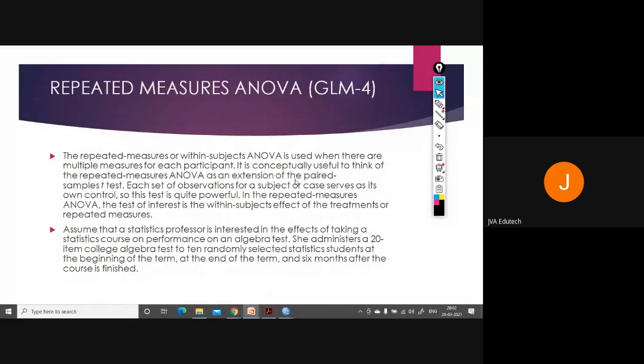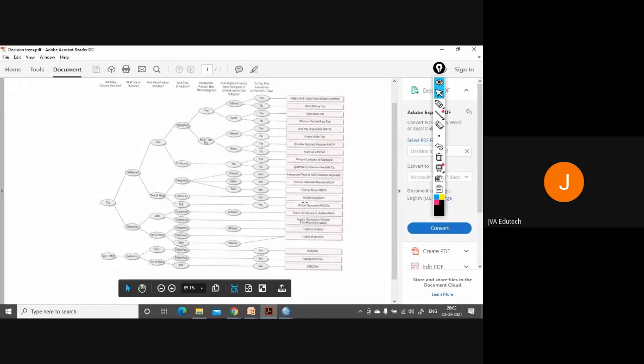Now, GLM4, repeated measures ANOVA. So if we see this chart, when we go for the repeated measures ANOVA, if you have one outcome variable continuous in nature, and one predictor variable which is categorical in nature, having more than two categories, and the categories are from the same participant, not from different participants.